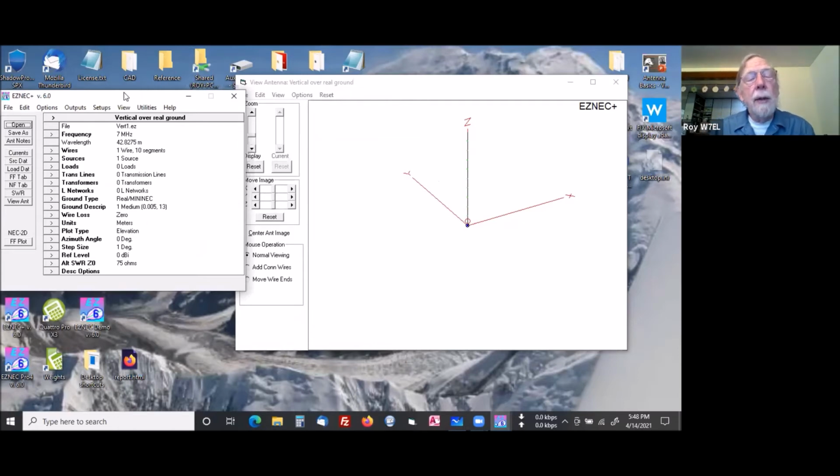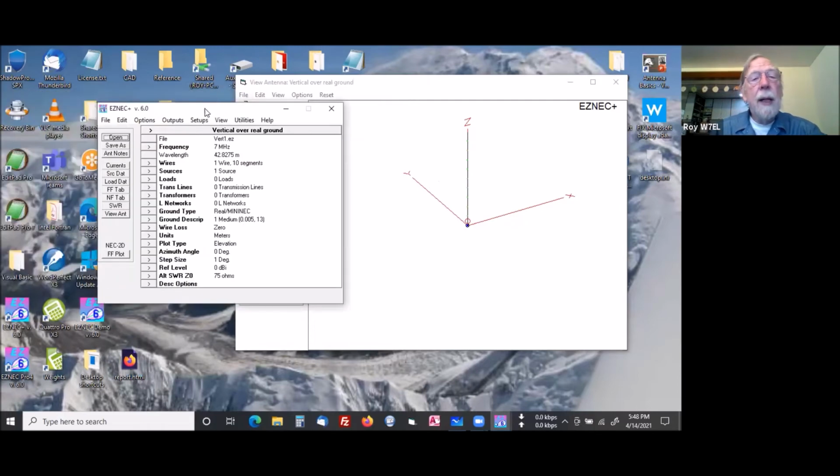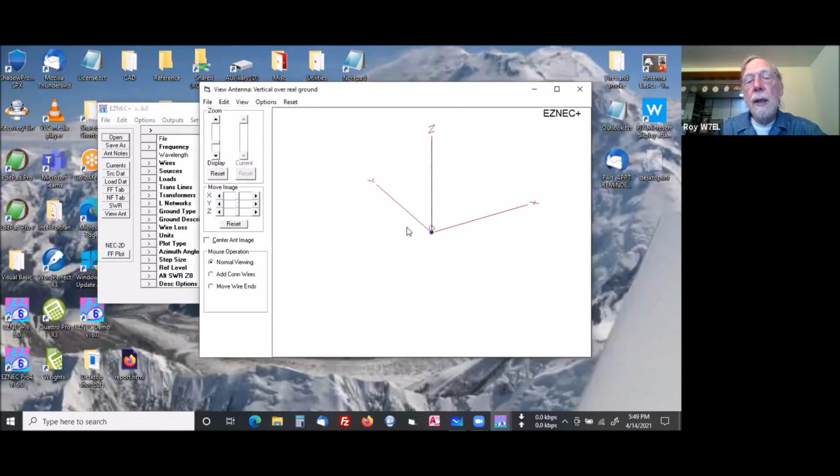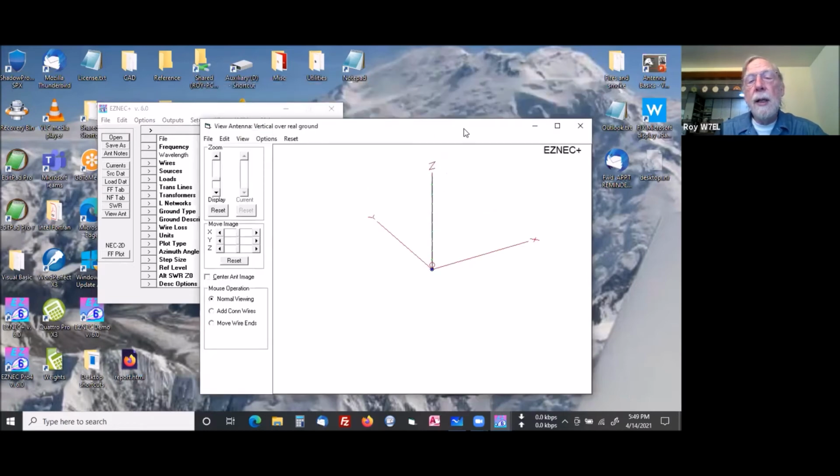And again, I'm not going to take time in this talk to talk about the different ground models. I'm using a MININEC ground model here. What this does is assume that the ground is perfect when we do the calculations of the currents and impedances, but then it uses the actual ground characteristics when we calculate the pattern. And the end result is that this is what you would see if you had a perfect,